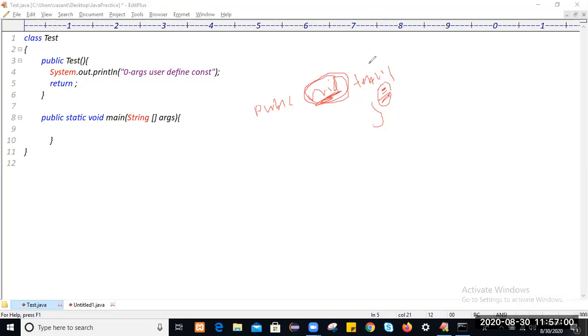Similarly, the default return type of the constructor is void. We can keep only the return keyword within the constructor.